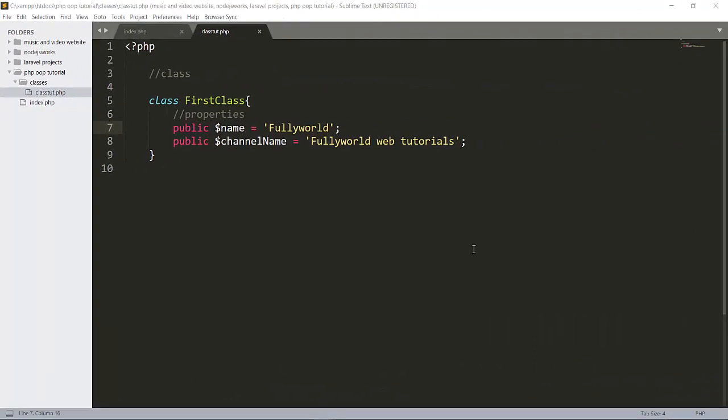Imagine that we are in a classroom, studying there. That classroom is related to this class, and the teacher who is teaching us is like the properties of that class. We are the properties of that class, you can say we are variables here, and the functions are what the teacher is teaching. So the teacher is giving us the functions.